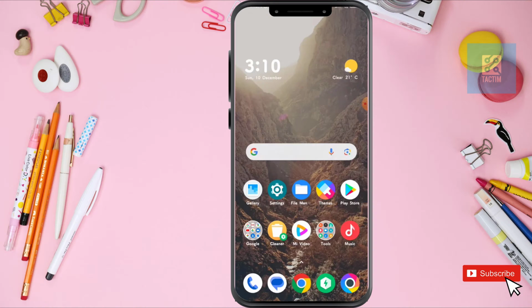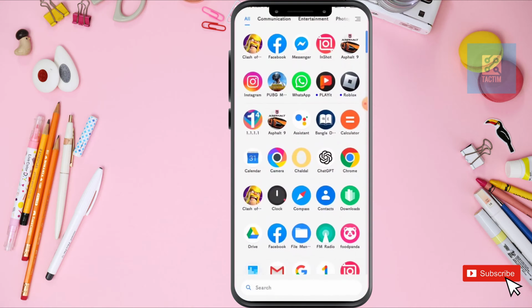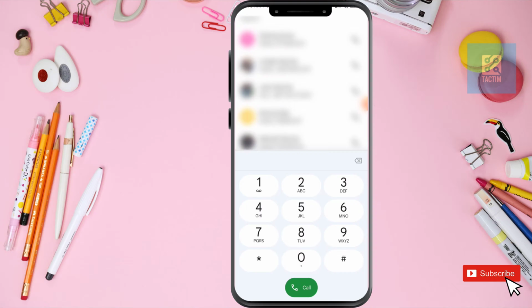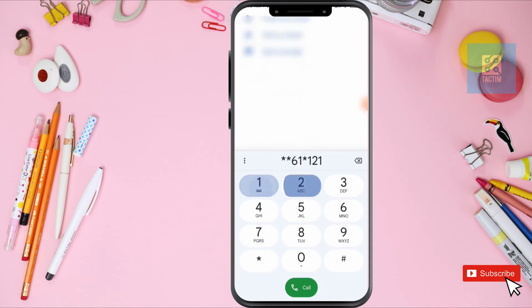In this video, I'm gonna walk through 3 great codes to extend ringtone time on an Android phone. So if you want to extend your ringtone time on your Android phone, all you need to do is just go to your phone and dial some codes. So go to your phone and now just dial star star 61 star 121 star your dial code number